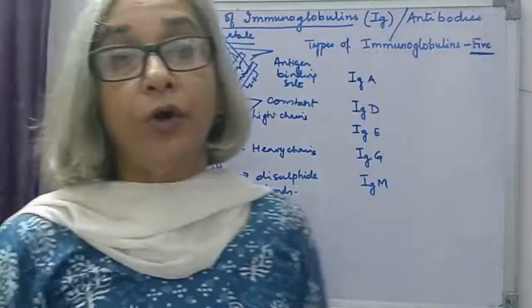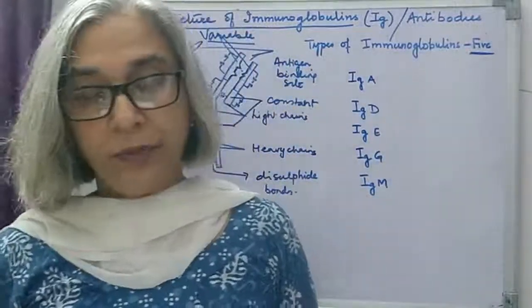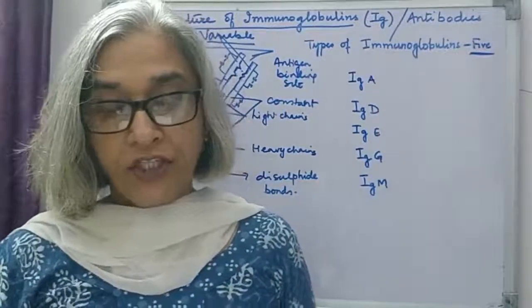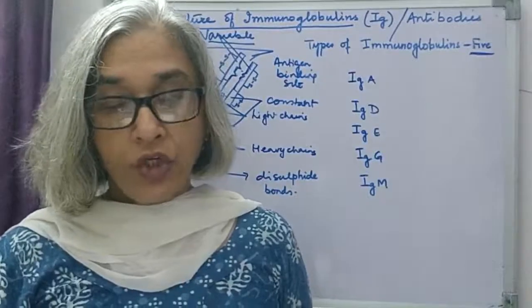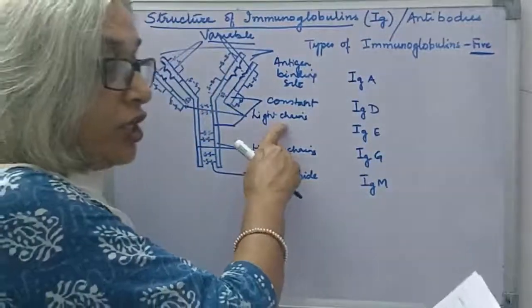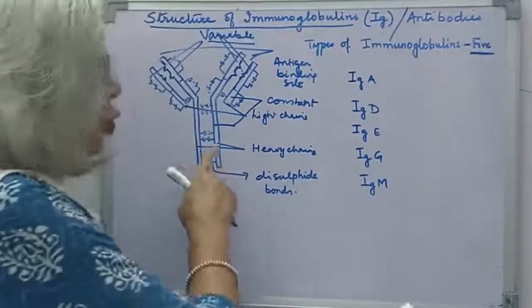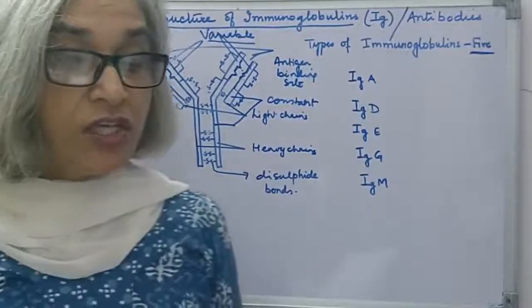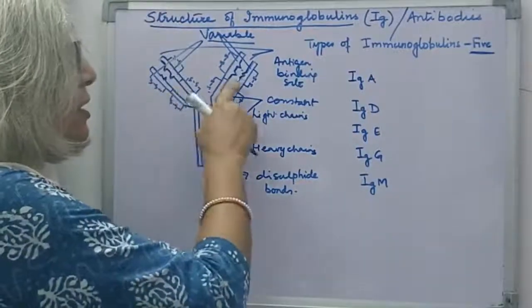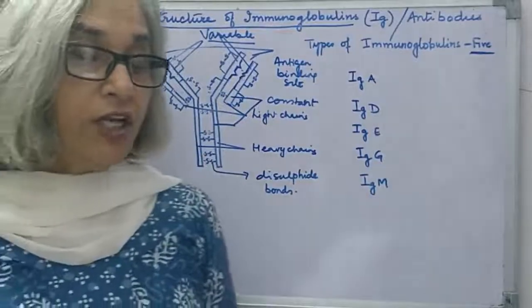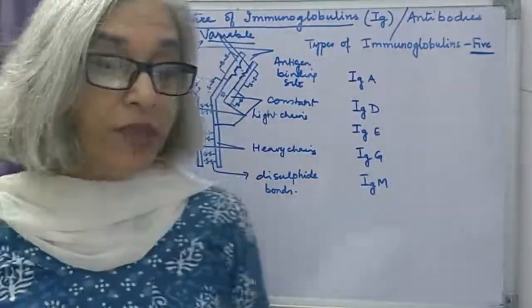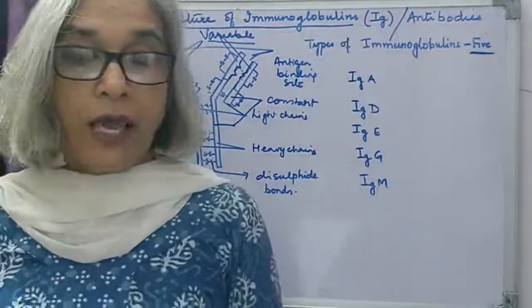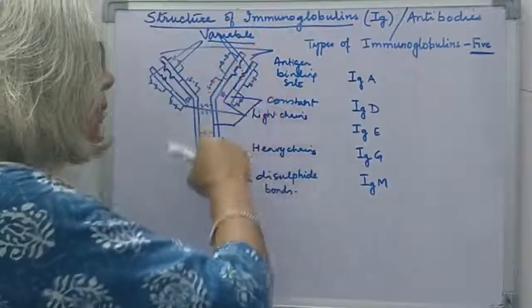Now I will read the important points in the structure that I have explained to you. Each antibody is made up of 4 polypeptide chains. There are 2 identical short polypeptides called the light chains or the L chains. There are 2 identical long polypeptides called the heavy chains or the H chains. Each of the light chains is bonded to one of the heavy chains. The 4 polypeptide chains are held together by disulfide bonds, and this gives a Y shape to